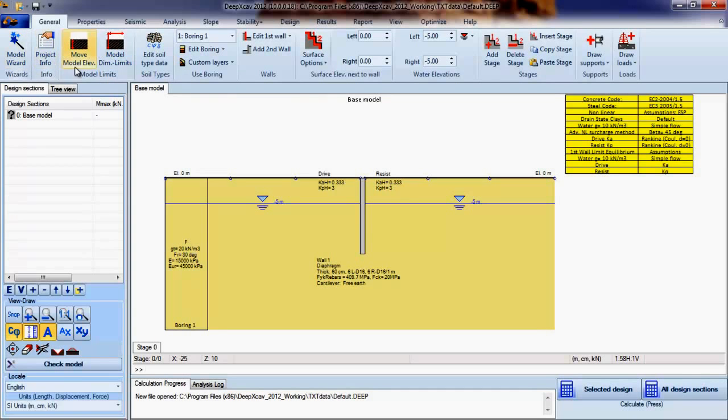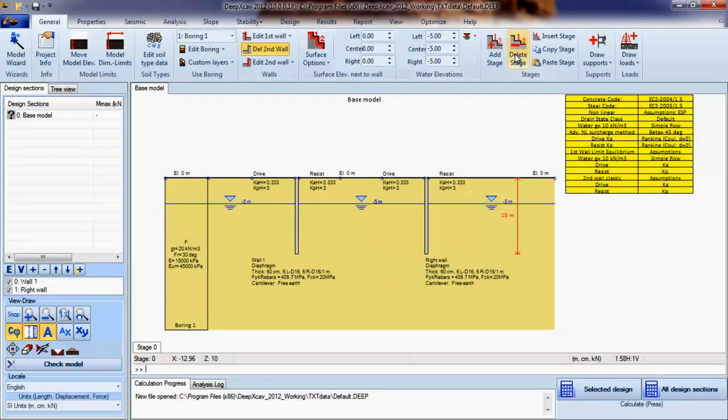With these changes now you can pretty much create all your model directly from the General tab, following a logic from the left to the right. Project information, model elevation and limits. We can edit the soil properties, edit the borehole data. We can also do that by double clicking on the borehole. Add the second wall, add the stage,